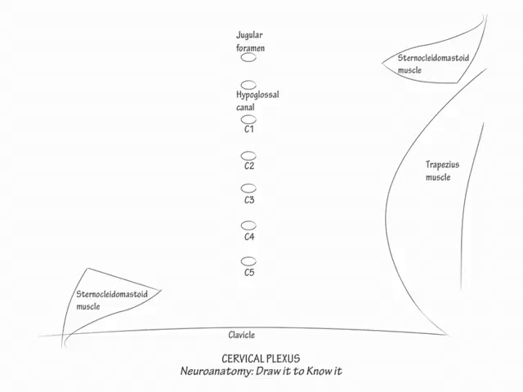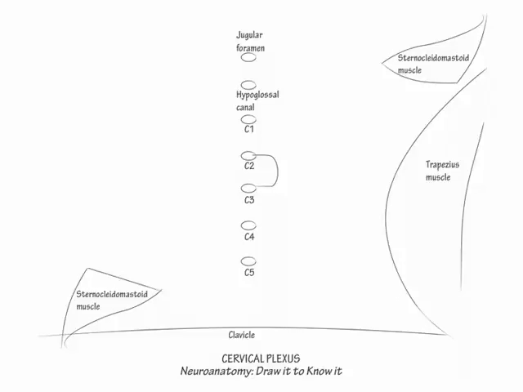Now let's draw the sensory nerves of the cervical plexus, all of which travel into the posterior cervical triangle. First, draw an anastomosis between the C2 and C3 roots. 3 nerves are formed from this connection: the lesser occipital nerve, greater auricular nerve, and transverse cervical nerves. The greater occipital nerve, which provides sensory coverage to the back of the head, is formed from the dorsal ramus